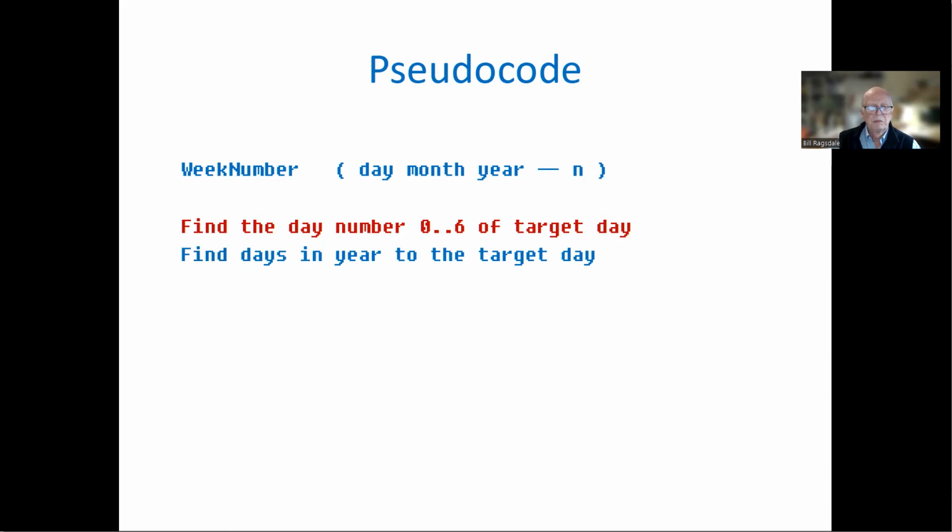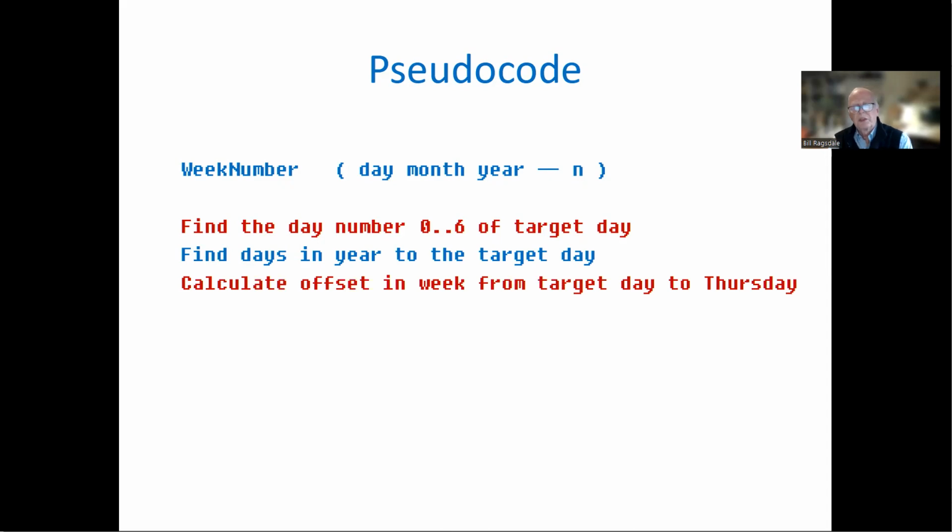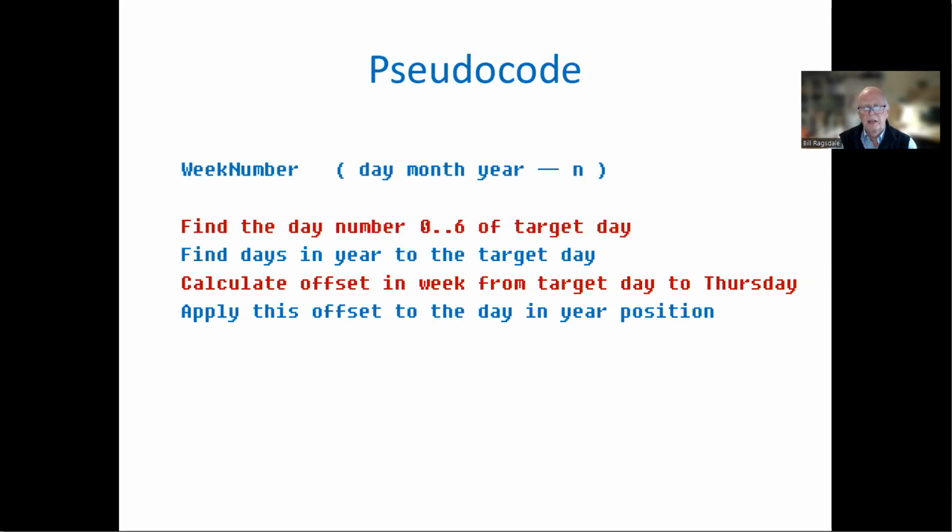Then we find the number of days in the year to that particular target day. And then we calculate the offset within the week from the target day to Thursday. It could be a Sunday in case we're incrementing forward. It could be a Saturday in case we're incrementing backward. Once we determine that offset, we apply it to the day of the year position. So now we've taken our given day of the year and shifted it to find the equivalent Thursday position